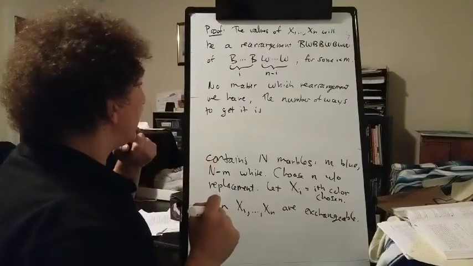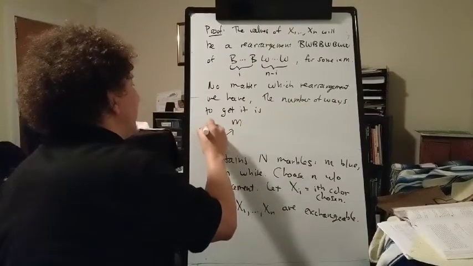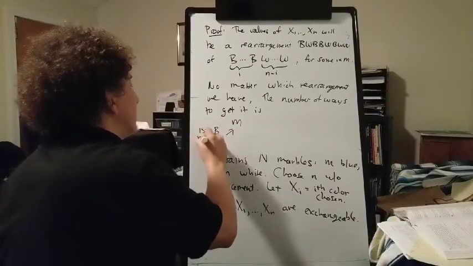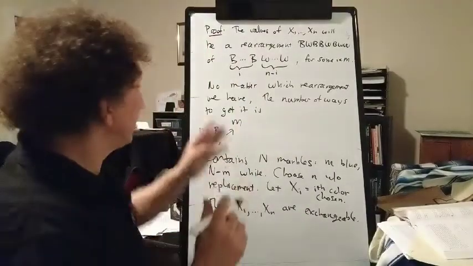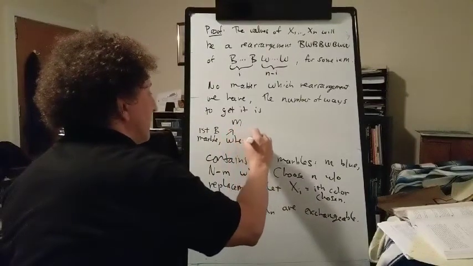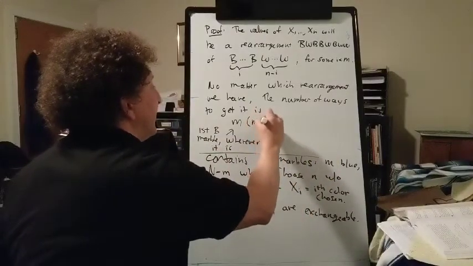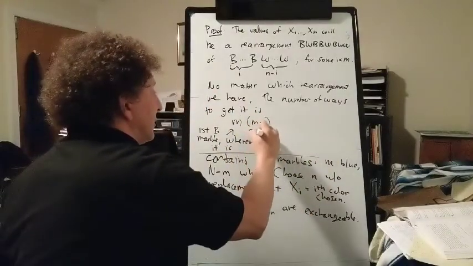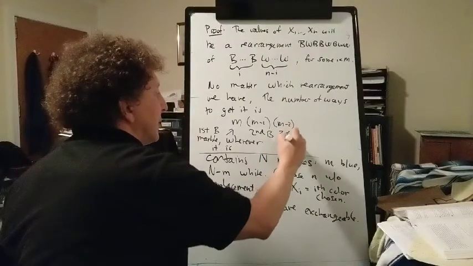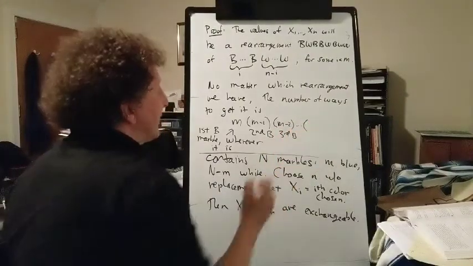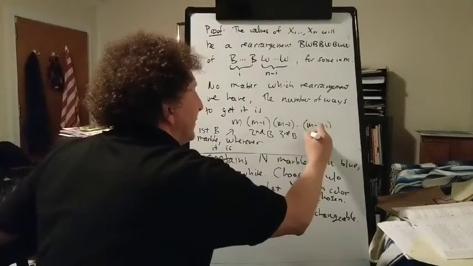There are m blue marbles, so there's going to be m choices for the first blue marble, whether it's in position 1 or position 2 or position 3, wherever it is. Then there's m minus 1 choices for the second blue, and m minus 2 choices for the third blue, etc. If we have a total of i blues, then m minus i plus 1 is the ith blue,